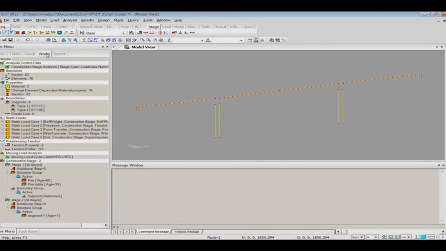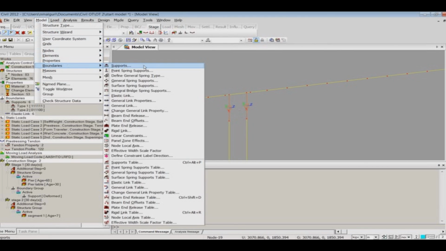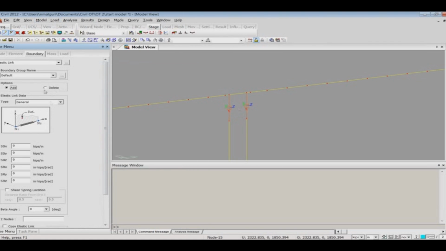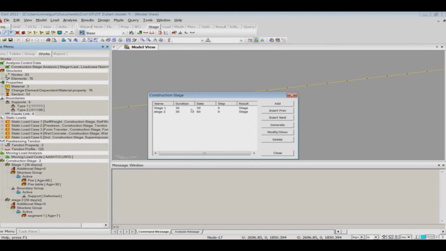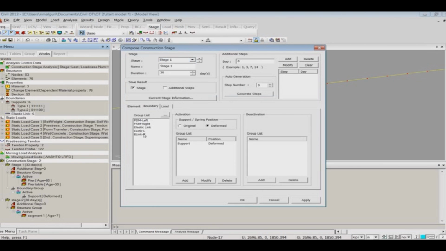In this model I have certain elastic links. As you can see, these are the elastic links that I have defined at this location, and I want to activate these elastic links in the first stage. The method is entirely the same. You will go to model boundary elastic links and define the elastic link under the boundary group, let's say elastic link. You will define the elastic links, generate them, and then activate the elastic links in the stage. So here I am activating the elastic links,